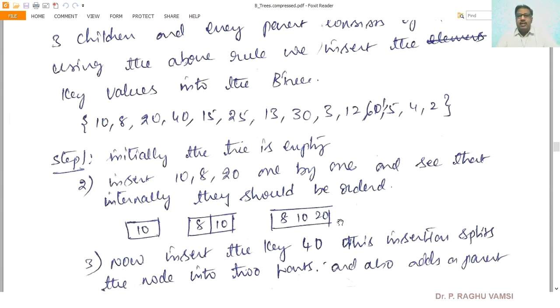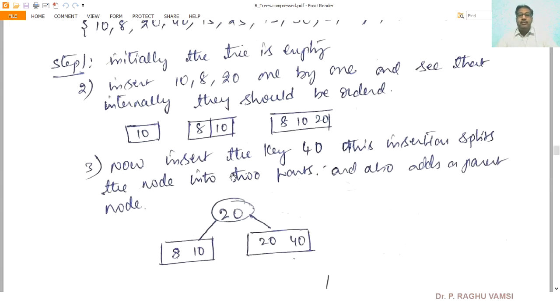But here our B tree construction is of order 3, which is an odd number. Whenever it is odd, we must split equally, that is, left split and right split consisting of an equal number of elements. Now insert the key 40. This insertion splits the node into 2 parts, that is 8, 10 and 20, 40.